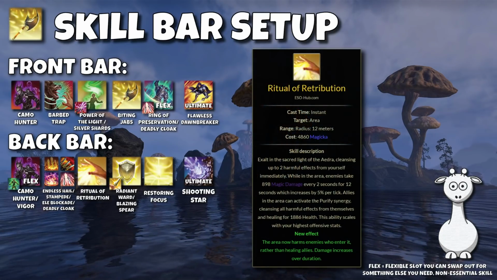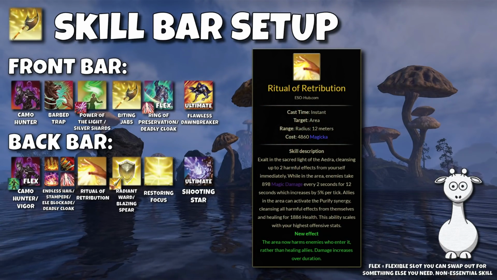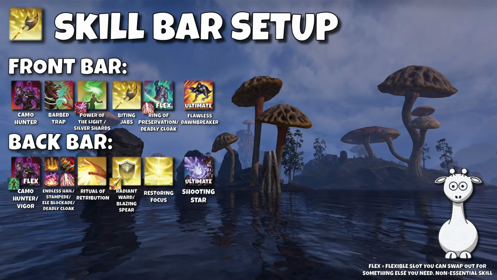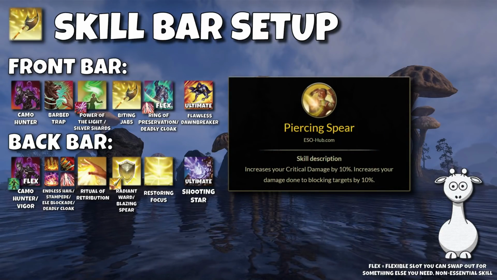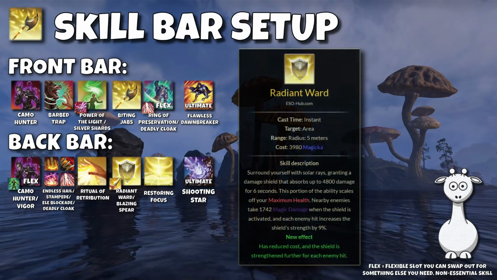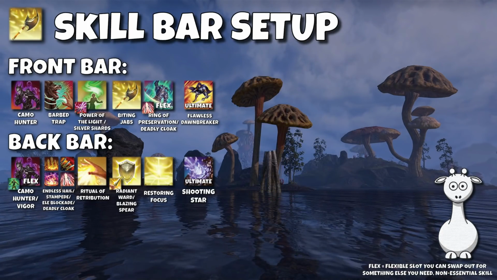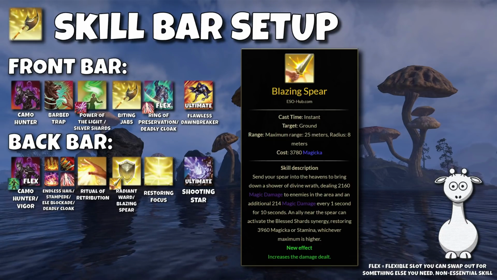Ritual of Retribution for a really strong AoE ability that helps a lot with sustain since it costs magicka. Then for this next slot, if you aren't running Bahsei, you can just slot any of the Aedric Spear abilities here so that you get the 10% crit damage from the Piercing Spear passive. I like Radiant Ward because it is a decent little shield that could come in handy, but if you are using Bahsei's Mania, I'm slotting Blazing Spear here to give us an extra ability to cast to keep our magicka